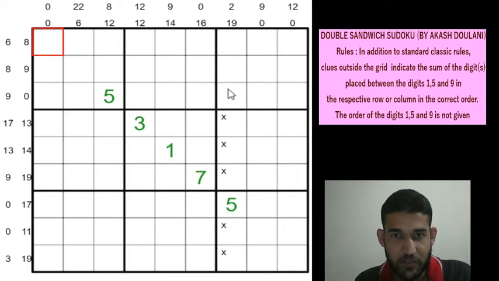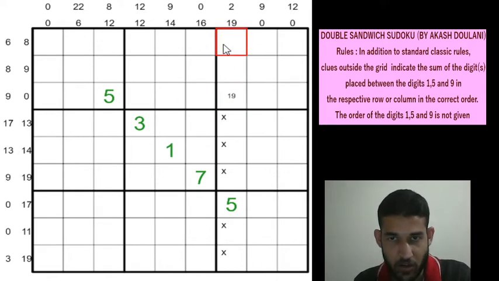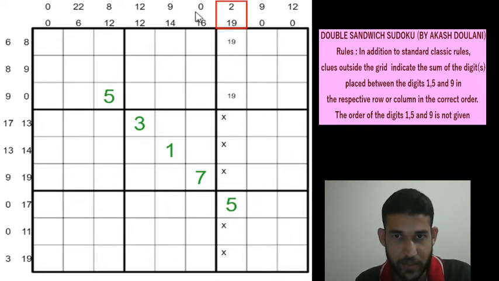So that just leaves us enough space to place the 1 and 9 in row 3 column 7 and row 1 column 7, because there is a 2 total which is to be placed. So we can put the 2 in row 2 column 7, and these 3 cells add up to a 19 to satisfy this second clue. And these 3 digits add up to a 12. So 19 plus 12 is 31, plus 5 is 36. So these 2 cells add up to 9 to satisfy the 45 total along that column.